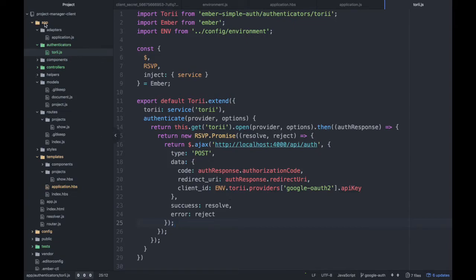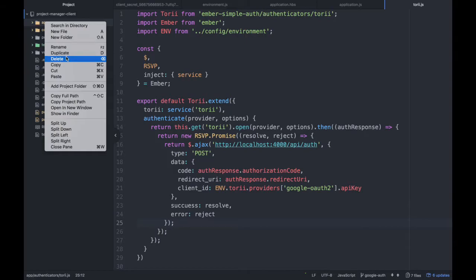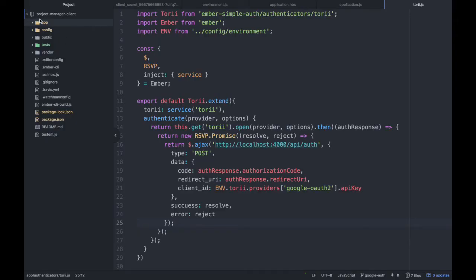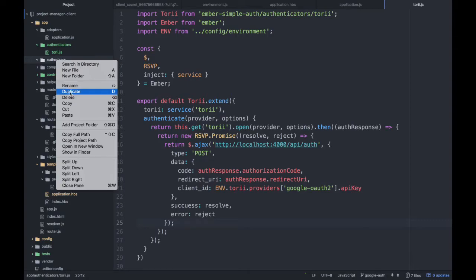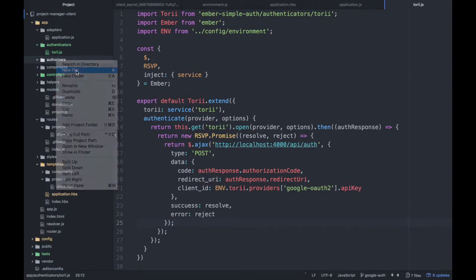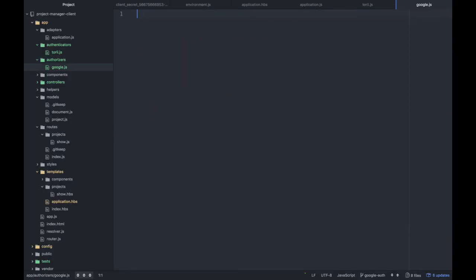I need to create another folder. So let's create a folder, authorizers. Make sure I spell that right. And then in here, we're going to create a new file called google. So this is our Google authorizer. And we're going to import